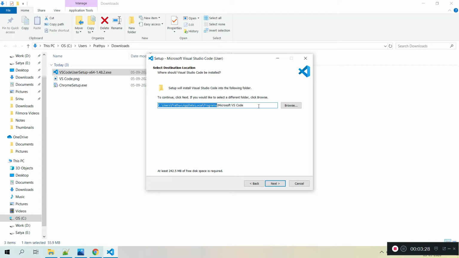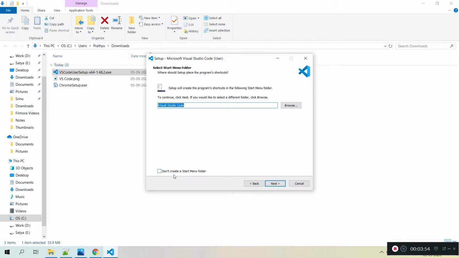I am keeping the default one. If you want, you can change to other Program Files or any other folder. Okay, click next, and here to continue click next, and if you like to select a different folder, click browse. So you can choose another folder here as well.